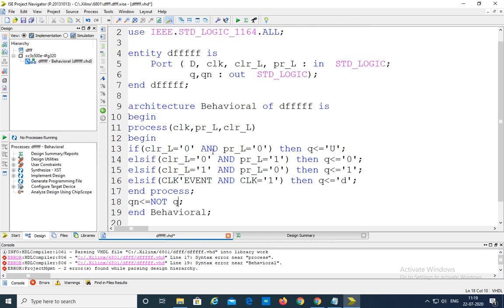If clear is equal to 0, then Q is equal to undefined. So we cannot use this one, right? 17.